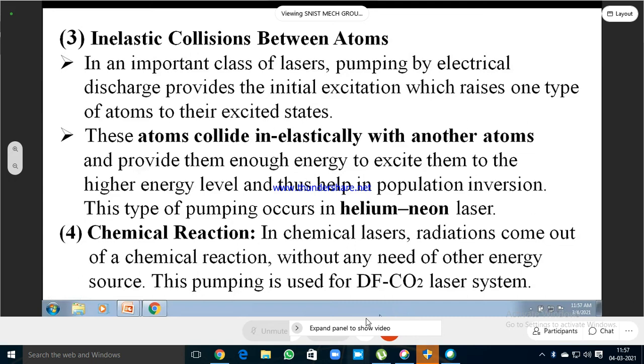Okay, guys, any doubts? What is the process? Is the process a chemical reaction? Chemical reaction is the chemical energy that you will produce. That chemical energy will give the exact atoms. The pumping used for the DF means